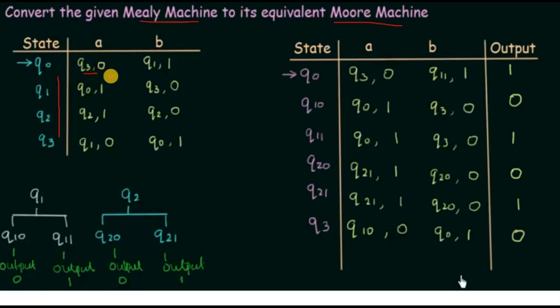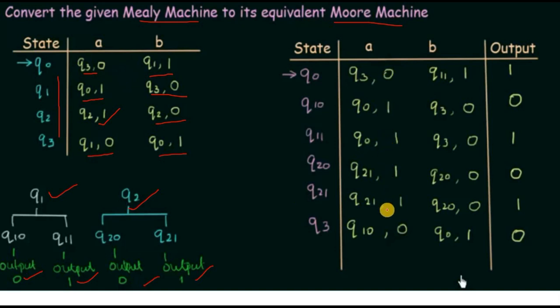So here is the Moore machine, and if you look, just compare this Q3. Here is also Q3 in next state, both are 0 0. Q0, anywhere Q0 1 1, both are matched. Q2 here is 1, here is 0. Q1 here is 1, here is 0, here is 1. So that's why I have split Q1 into 2, Q2 into 2. And the corresponding outputs 0 and 1, 0 and 1. Like that I have built this state table.